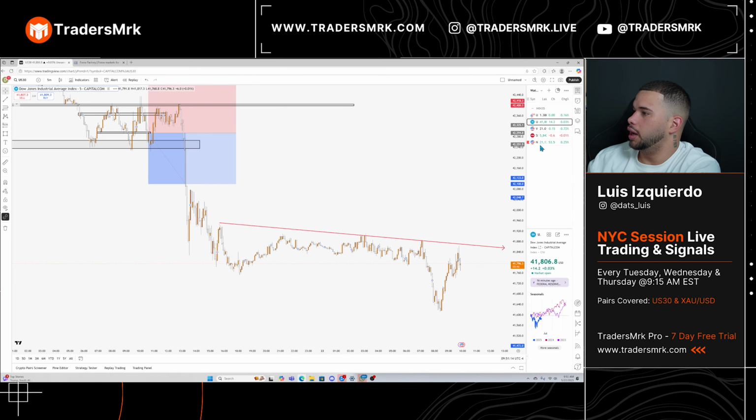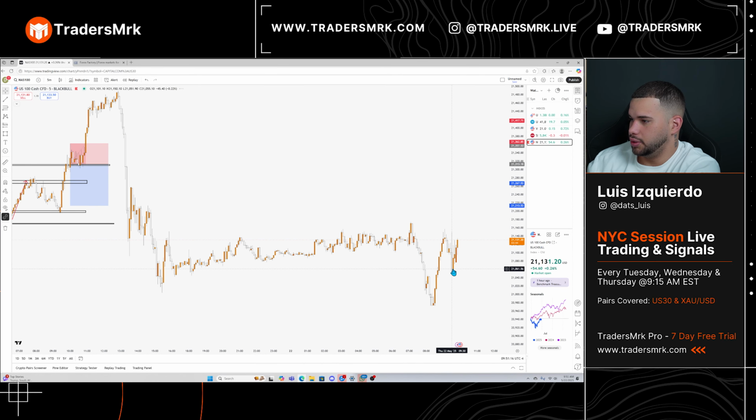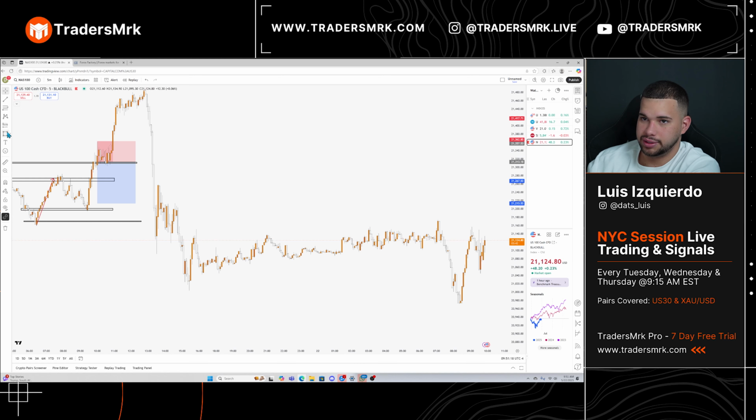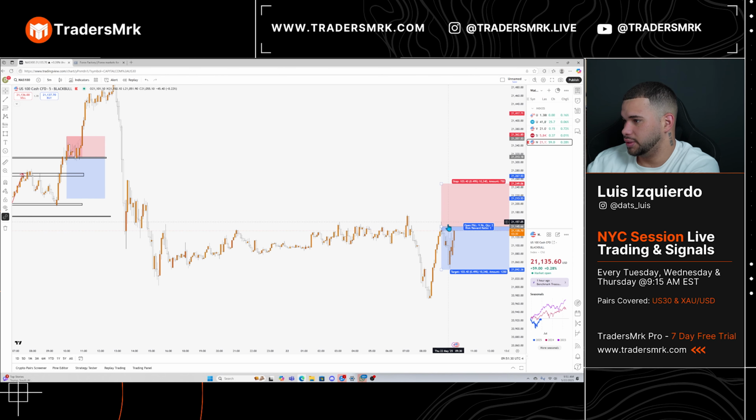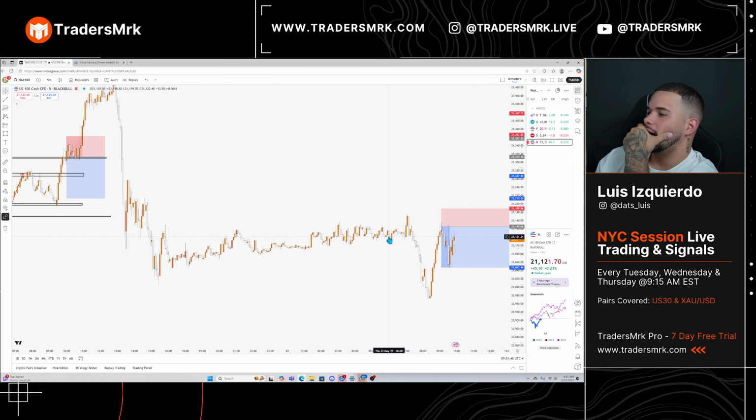So let's start off with NAS 100, which hit take profit 2, basically all the take profits that I put for it. So we entered NAS 100 right here at literally the very top, right? This is where we entered NAS 100, and then it hit its take profit right here, which was 100 points. NAS 100 was a fairly simple trade to enter due to the fact that I saw all of this range